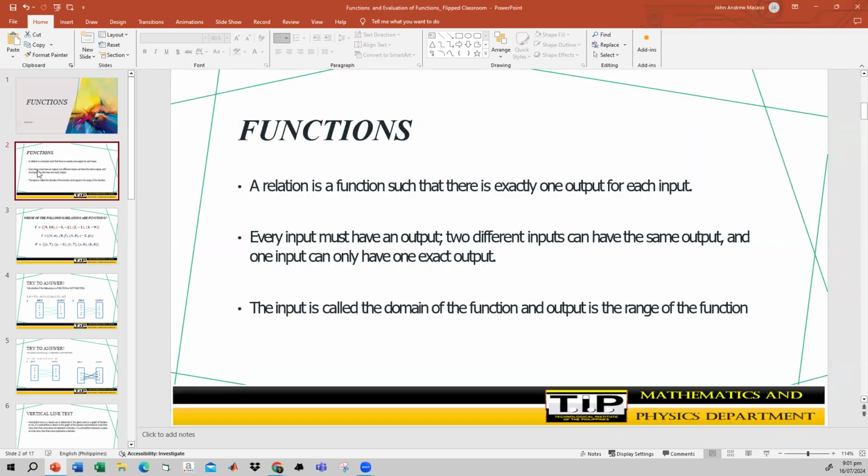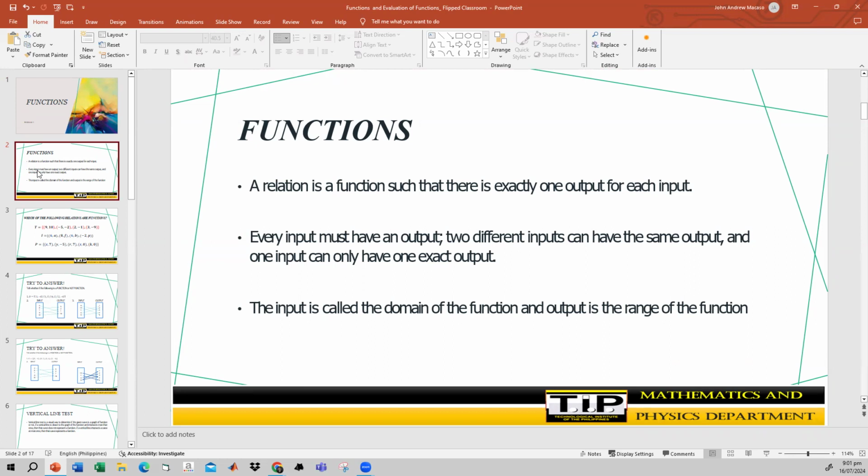In simpler explanation, a relation is a function such that there is exactly one output for each input. Every input must have an output. Two different inputs can have the same output, and one input can only have one exact output. So, basically, a function is defined as